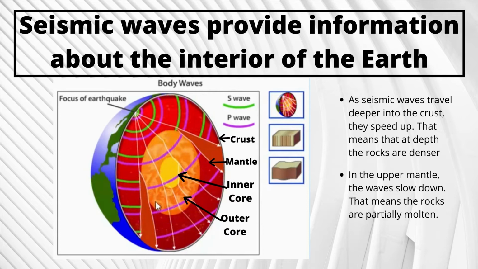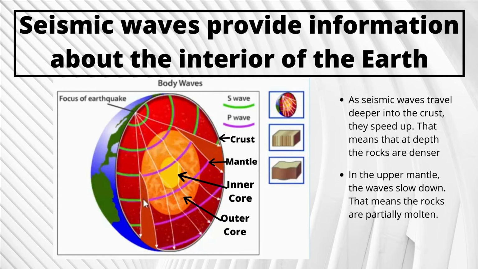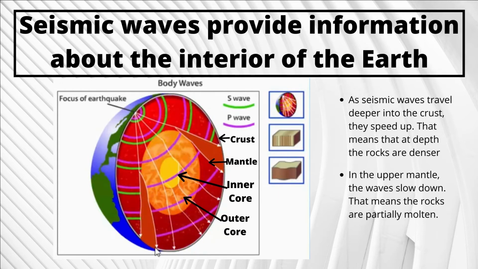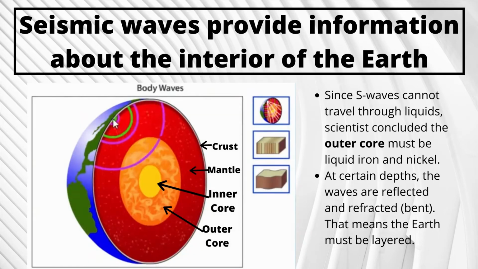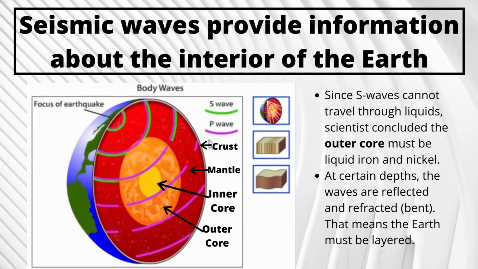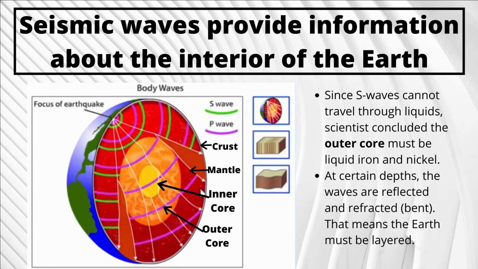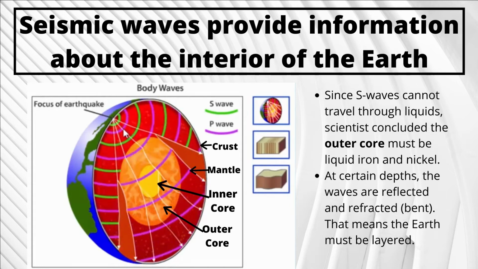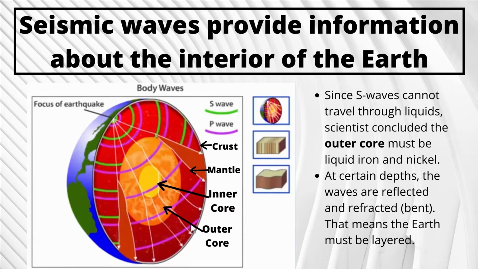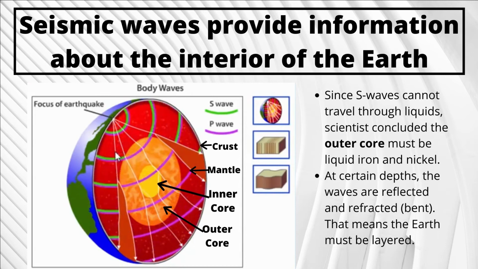Ang paggalaw ng seismic waves ay depende sa mga bahagi na kanilang nadadaanan. Habang papunta ang seismic waves sa crust ng Earth, ay bumibilis ito sa kadahilanang gawa sa solid material ang crust. Sa ibabaw na bahagi naman ng mantle, bumabagal ang seismic waves dahil ito ay partially molten o bahagyang tunaw na bahagi ng Earth. Since S waves cannot travel through liquids, scientists concluded that the outer core must be liquid iron